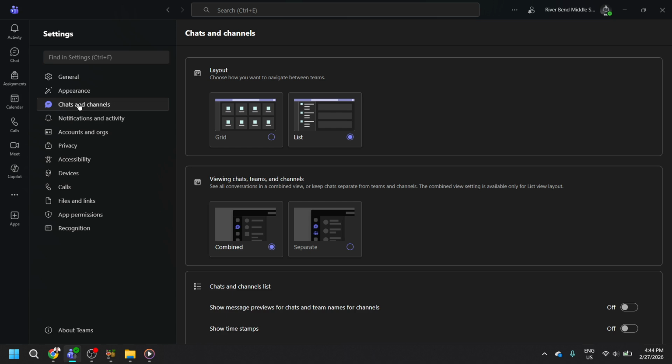It's here that Teams gives you control over chat density, channel display preferences, and other visual aspects related to your interactions. Selecting Chats and Channels will then bring up a new set of options and configurations on the right-hand side of the window, all tailored to fine-tuning your chat and channel experience, which is exactly what we need to adjust